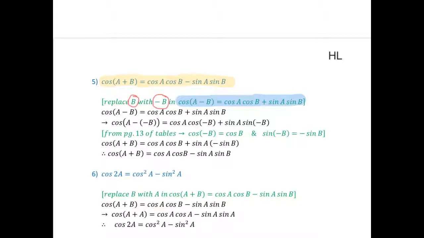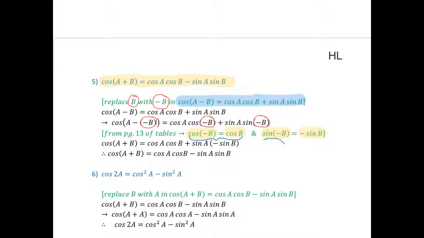So once we do that, we have our minus B instead of B. Then what we have to do is use some formulae from our tables: if we have cos of minus B, that's the exact same thing as cos B, and if we have sine of minus B, that's equal to minus of sine B. So the minus comes out in front almost. So if we apply these two rules